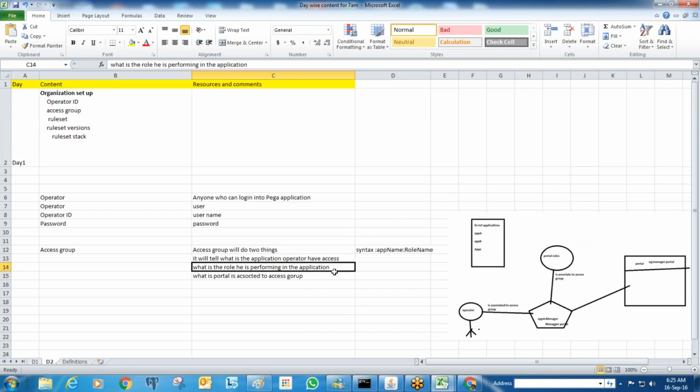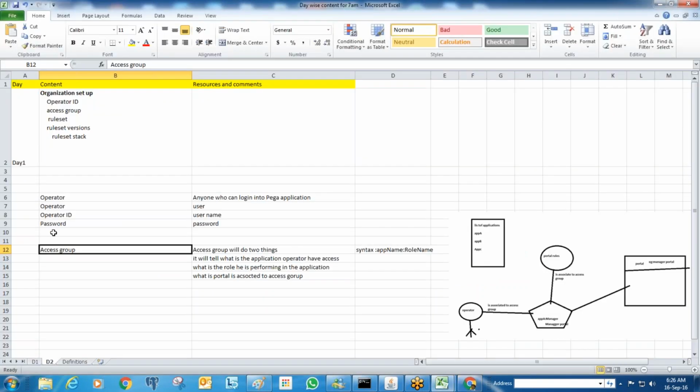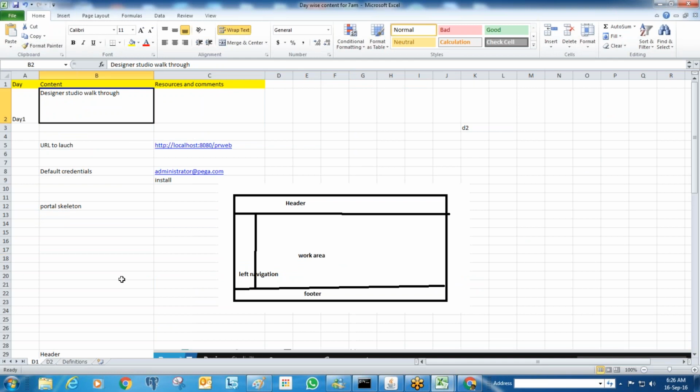Here we are saying that everything will be up. It will open the operator ID and we will check it. Let's take an example. Say TCS wants to build an application in Pega, and the employees need to log in to the application, obviously. As per our definition so far, if you want to log in to a Pega application, we should have some operator ID and password.